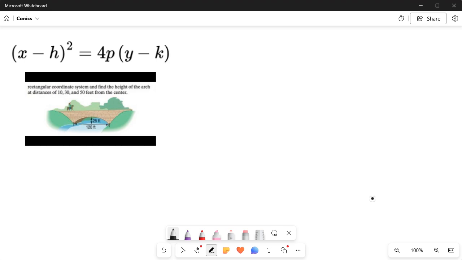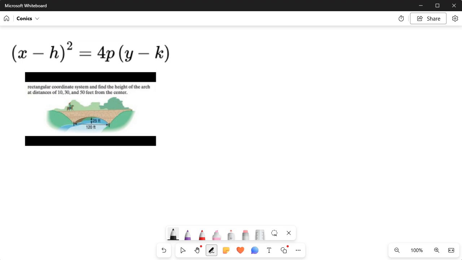Hello. In this video, I want to look at trying to solve a practical application using the equation for a parabola. In this question, we're given that there's a parabolic bridge and it has an arch. It has this definition that we see in this diagram, with a span of 120 feet and a maximum height of